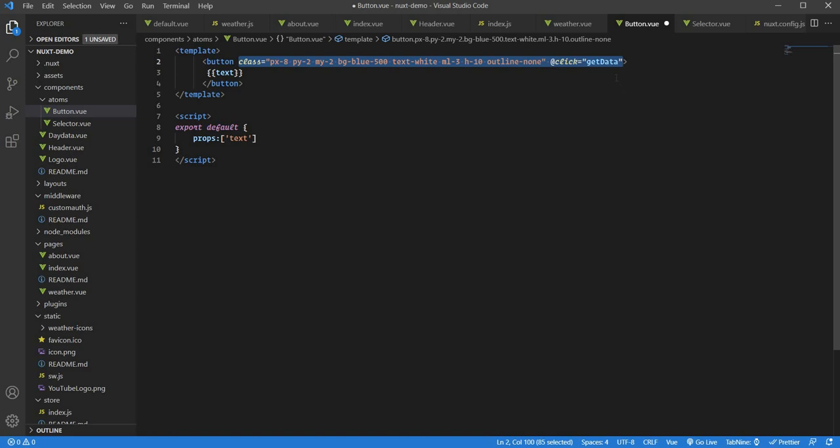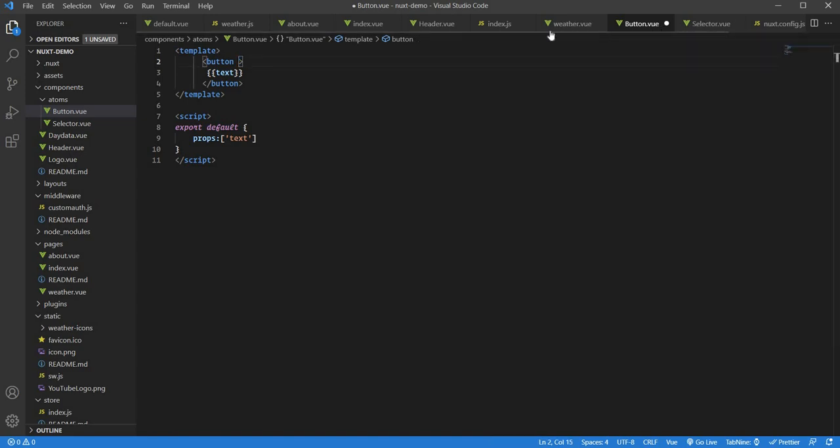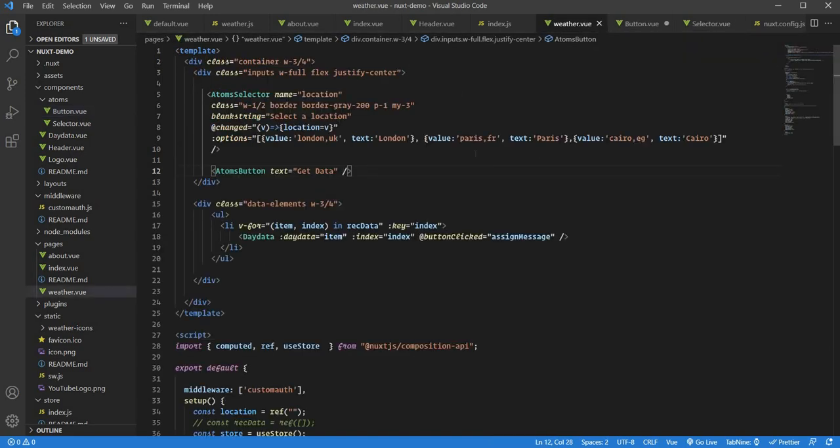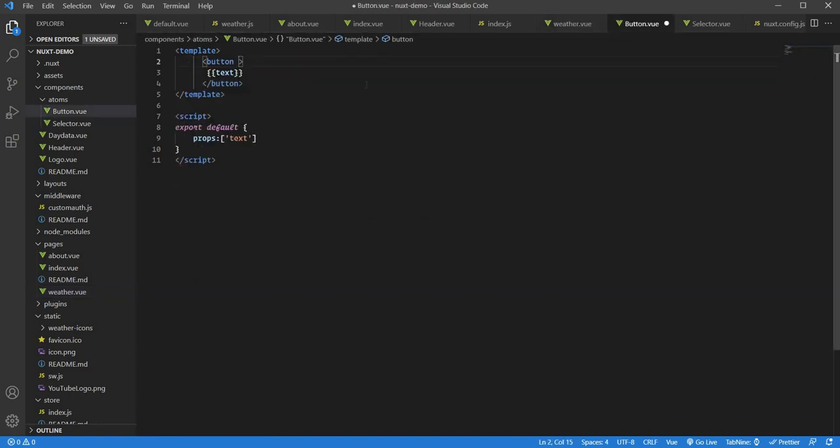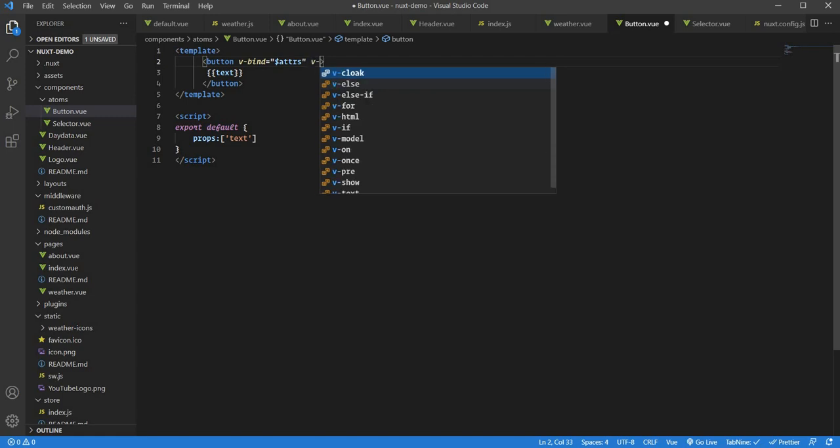So how we will do it, we'll just copy it from here, go to our weather view, put this over here, and in our button we will say v-bind equal to $attrs, and we will have v-on equal to $listeners